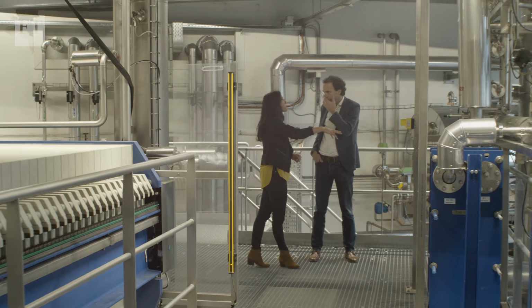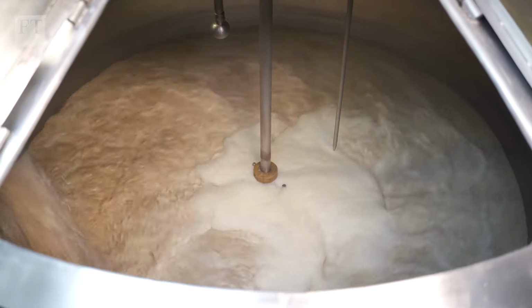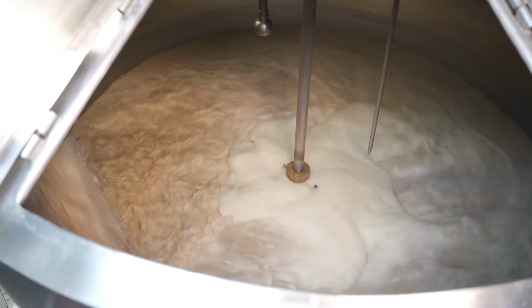The water used in a brewery is only a very small part of the whole water usage throughout the chain. It doesn't really make a big difference if you use 4 or 5 or 6 liters for a liter of beer. I think big breweries, the big industry, they focus on water because it's easy to measure and it's easy to get a sustainable program on. Water, it's an important issue, you should check it, you should look at it, but it's not where you change